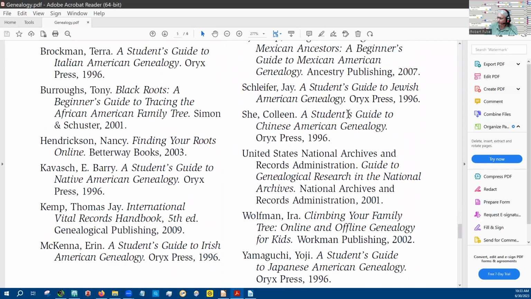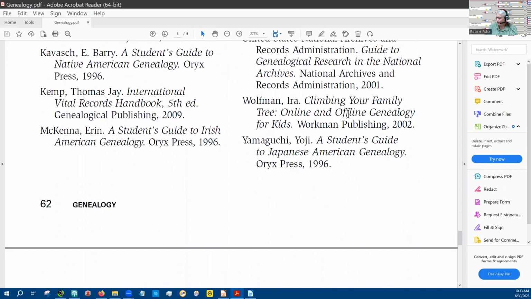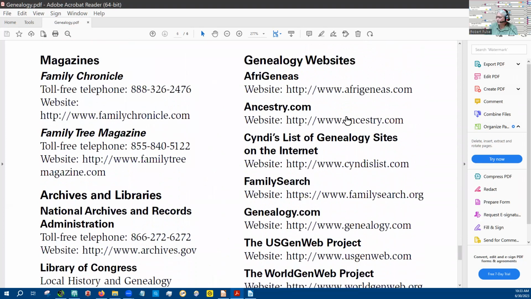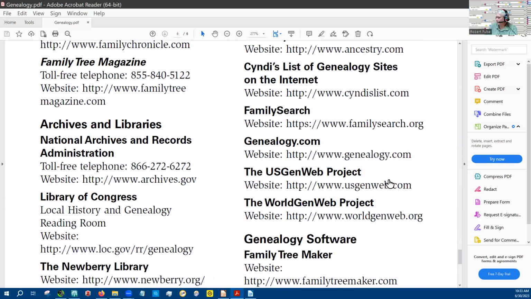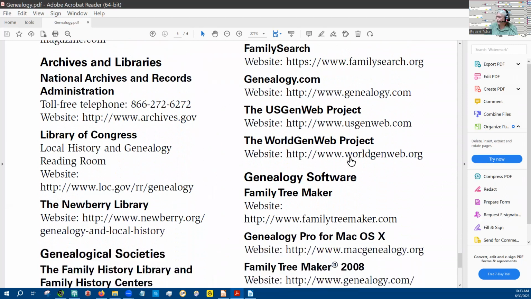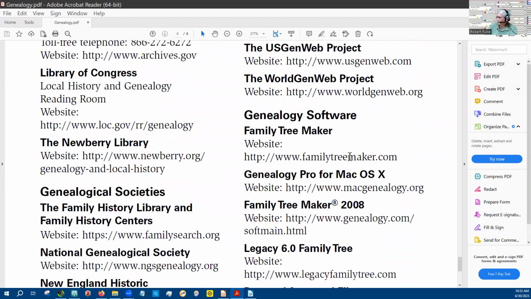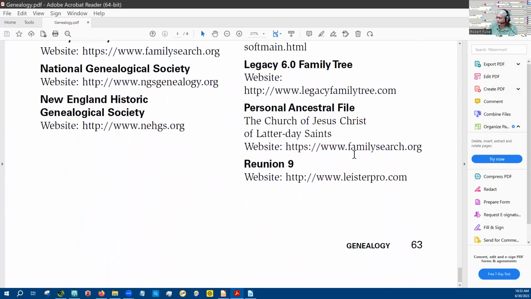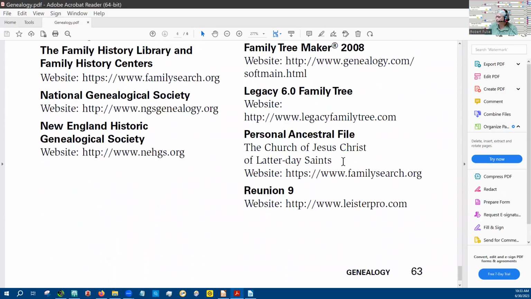So you may find these resources useful, and additional resources. You'll find the GenWeb project is listed, various places that have genealogy software, Legacy, Reunion. That's getting pretty old. Okay, and